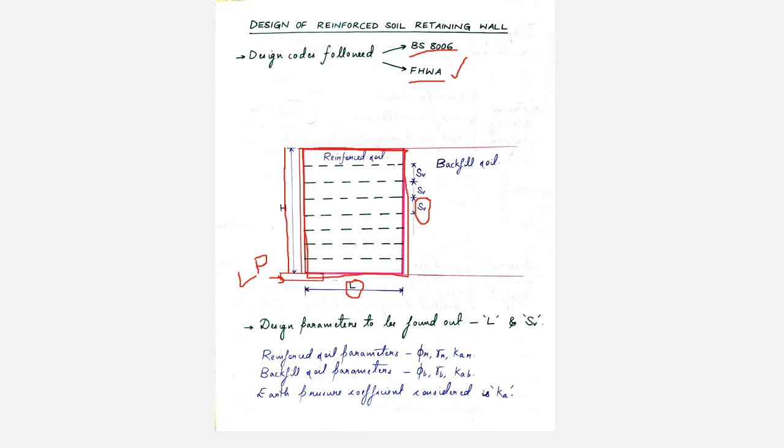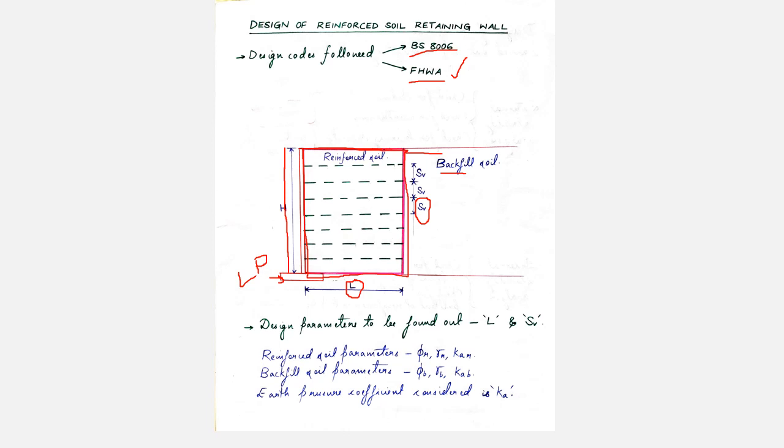Now that is the active part which performs the function of a retaining wall, taking care of the unsupported excavation. So this rectangular portion up to which your reinforcements are embedded into the soil becomes a reinforced soil block. That is normally treated as a rigid soil block. Beyond this reinforced soil block is your backfill soil. Your backfill soil is the portion of soil beyond the length of the reinforcement.